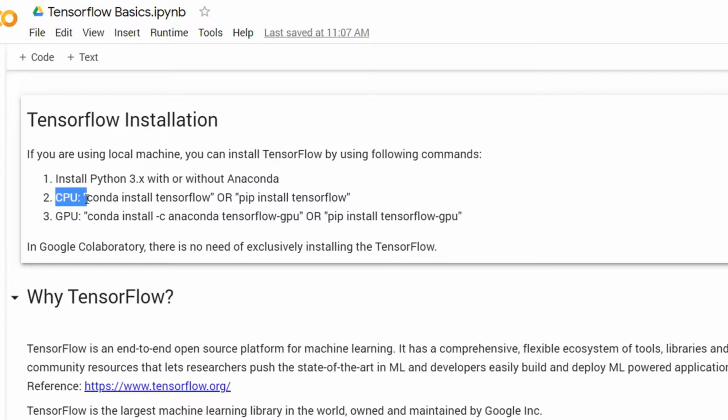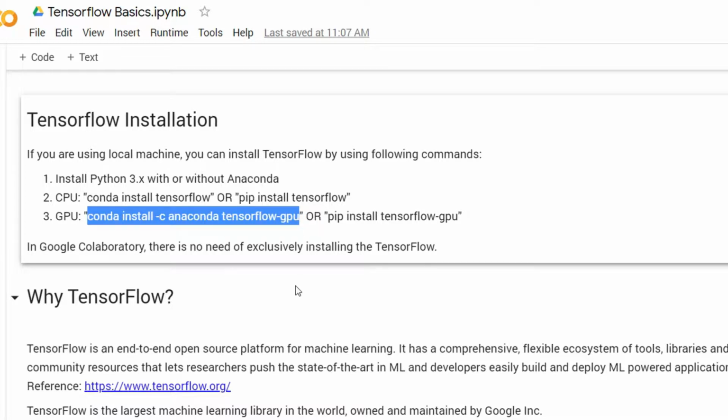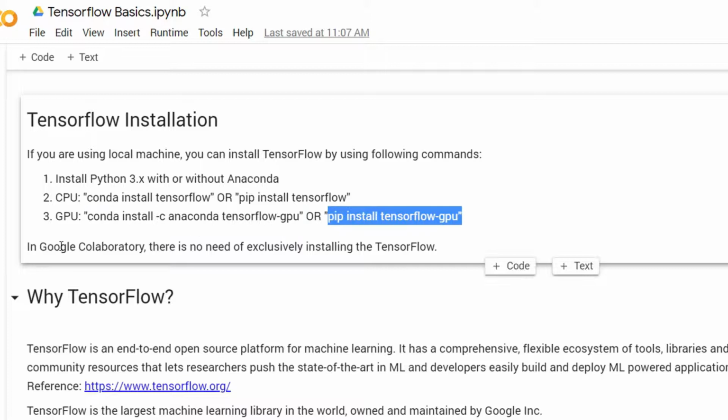For CPU-only laptops or PCs, you can run conda install tensorflow or pip install tensorflow, based on your Anaconda or normal Python. If you have a GPU in your PC or laptop, you can install it on the command prompt using conda install -c anaconda tensorflow-gpu or pip install tensorflow-gpu.